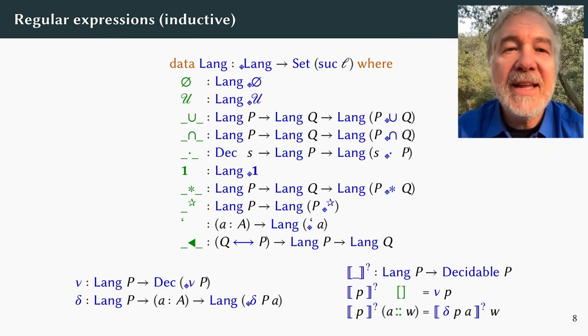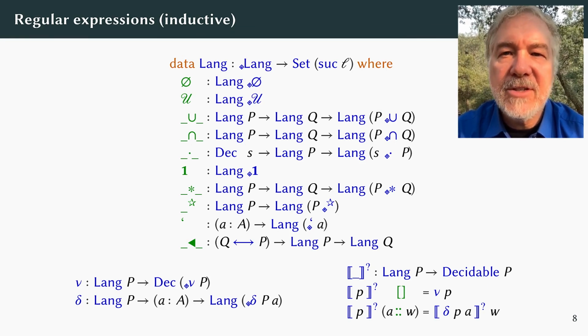Applying the first strategy to languages leads to an inductive data type of regular expressions. To keep a simple and rigorous connection to our original specification, let's index this inductive data type by the type-level language that it denotes. Here I have kept the vocabulary the same, distinguishing type-level language building blocks by a module prefix that appears here as a small lowered diamond. Note that nu and delta here are decidable versions. Correctness of parsing is guaranteed by the types of these two functions, and so any definitions that type check will suffice.